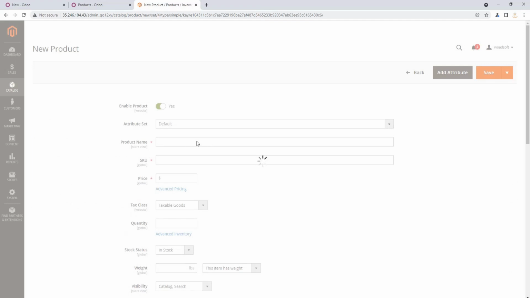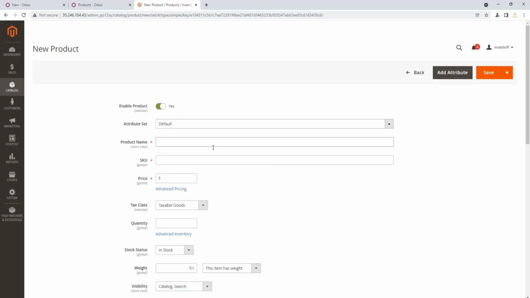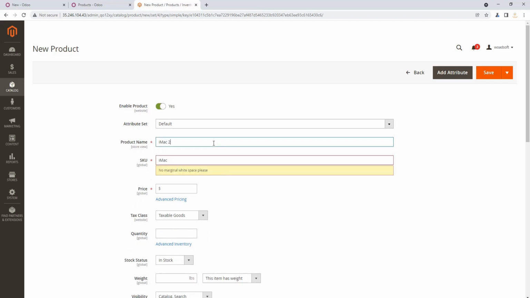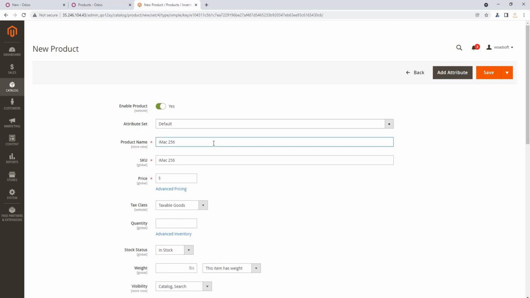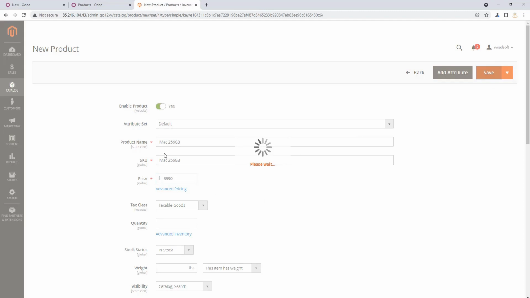We just add some basic information, put some random price and click the save button.